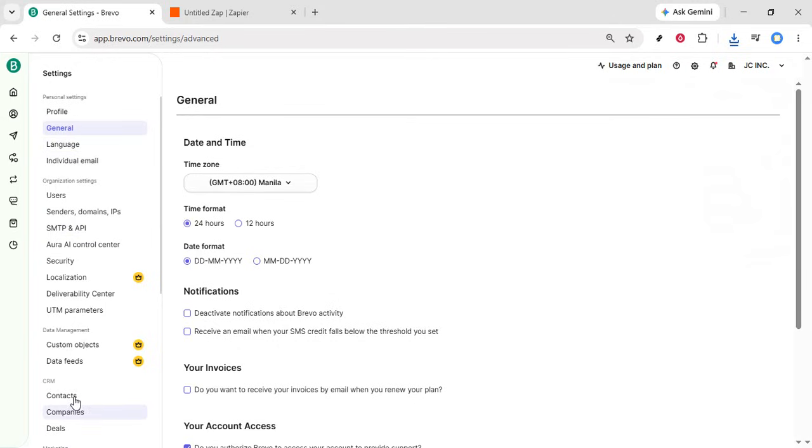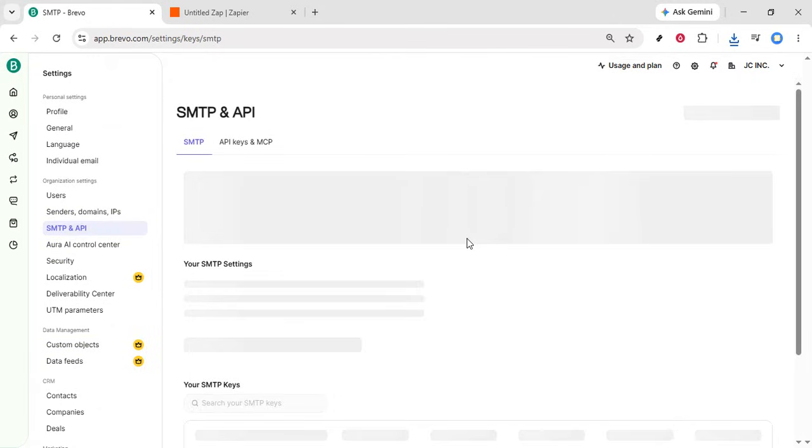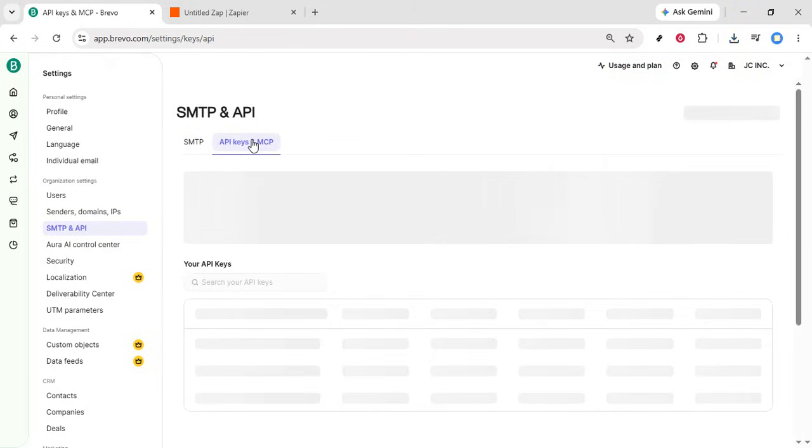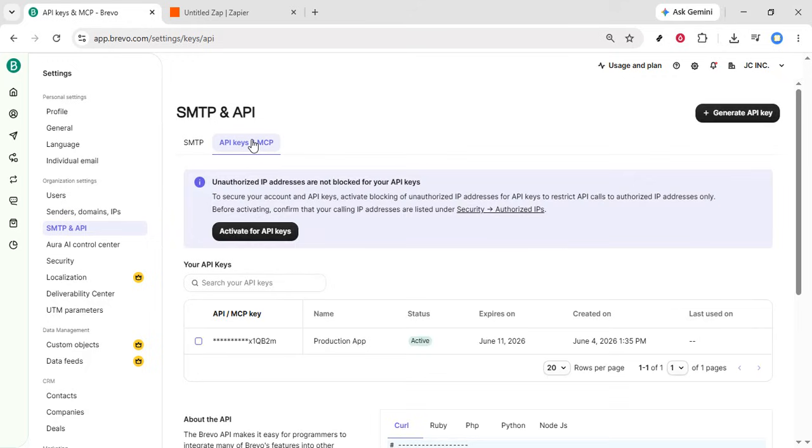Now, look for the option labeled SMTP and API. Clicking on this will lead you to a page where you can manage your SMTP settings and, more importantly for this tutorial, your API settings. The API is what allows you to integrate Brevo with other applications, making it a crucial step in our process. After you've clicked on SMTP and API, you'll want to find and click on API and MCP. On this page, you will have the ability to generate a new API key, which is essential for connecting Brevo